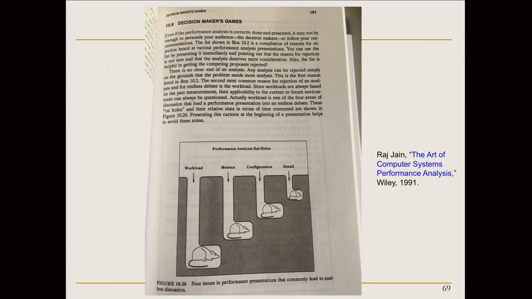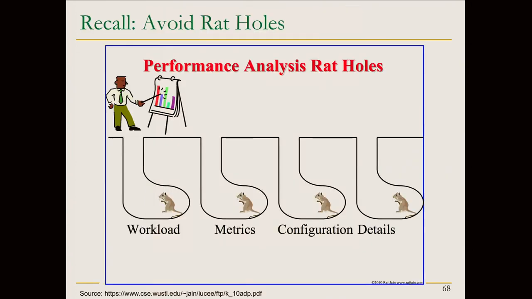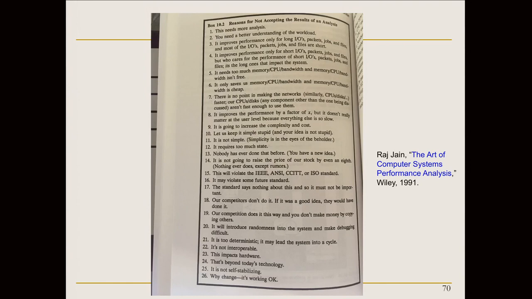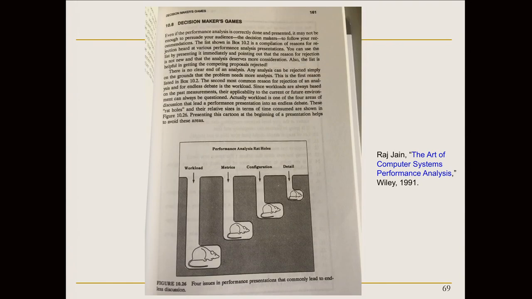Actually, I just copied this from the paper. This is Raj Jain's book. That's where this is from. This is from his slides, but I think his book is better because some rat holes are bigger, as you can see, than some other rat holes. And if you read this over here, I'll let you read some of that, but even if the performance analysis is correctly done and presented, it may not be enough to persuade your audience, the decision makers, to follow your recommendations. The list shown in box 10.2, which is this, is a compilation of reasons for rejection heard at various